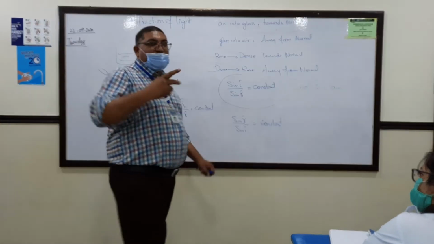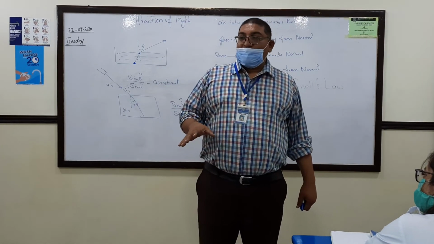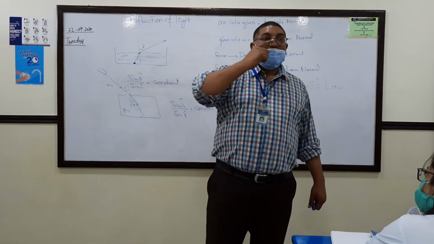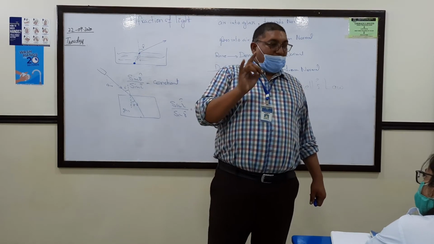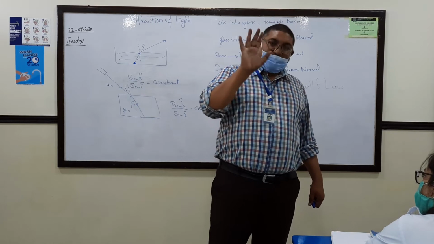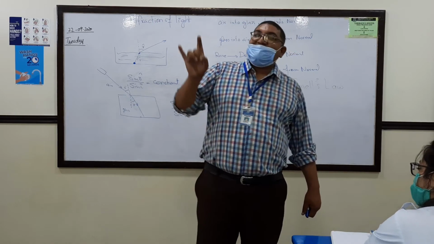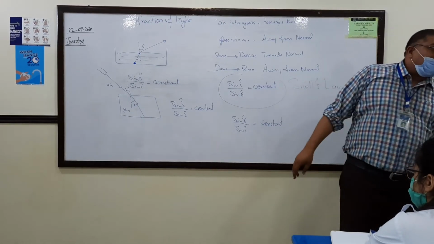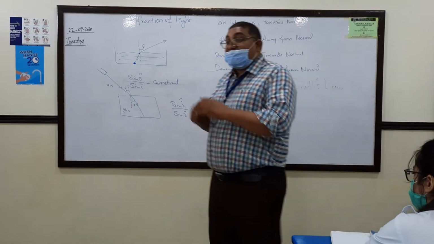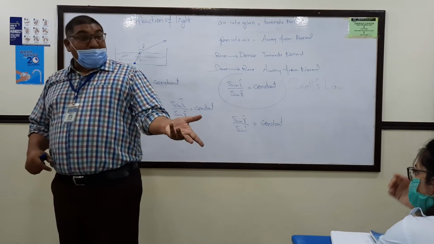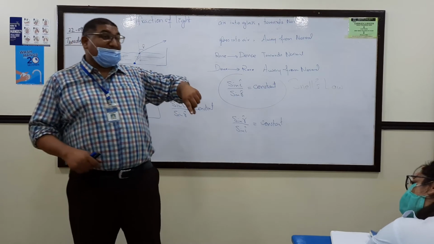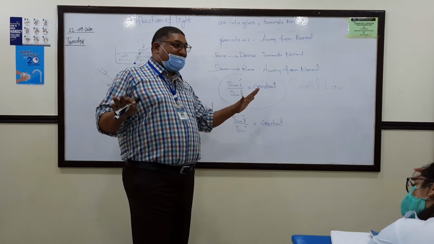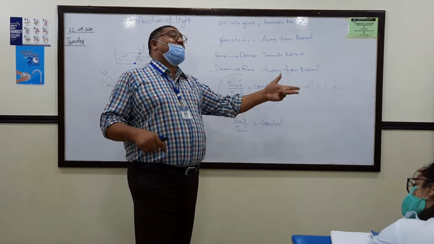So whenever I write the equation of Snell's law, in the numerator, upstairs of that fraction, you always use that angle which is in the rare medium, because two mediums are involved. Whether it is the angle of incidence in the rare medium or the angle of refraction in the rare medium, upstairs is always the angle which is in the rare medium.